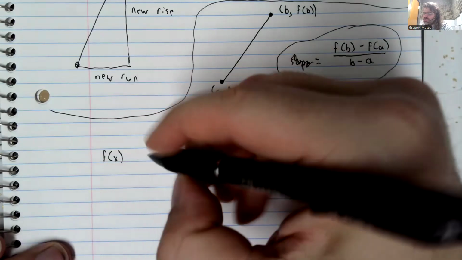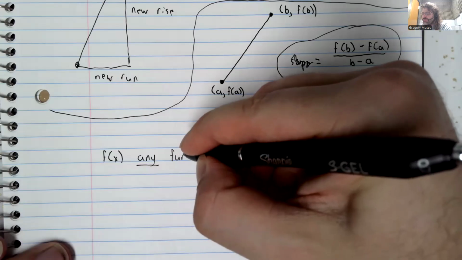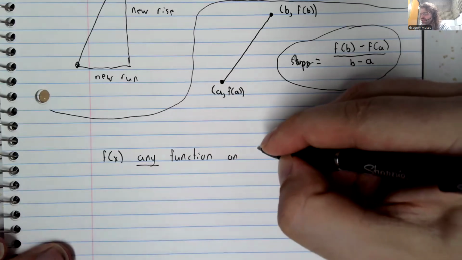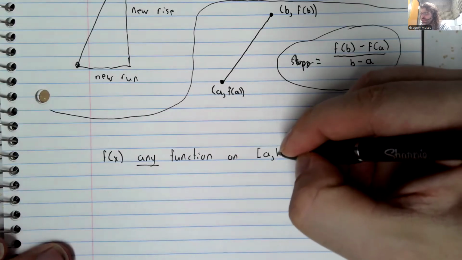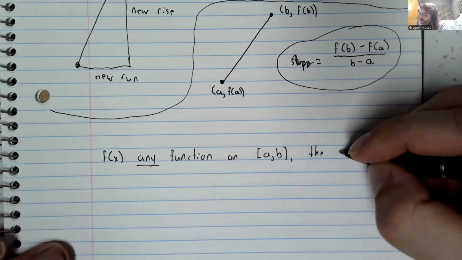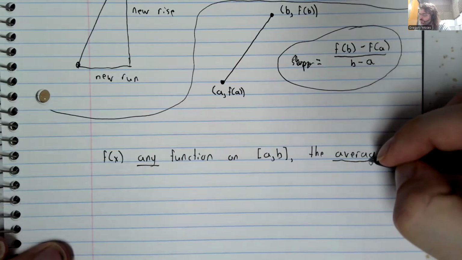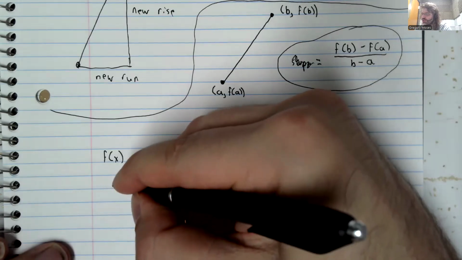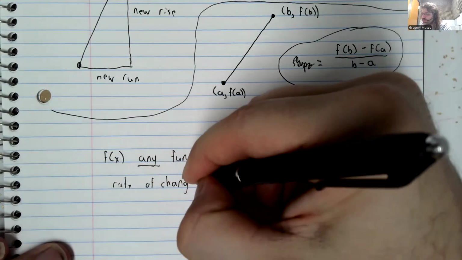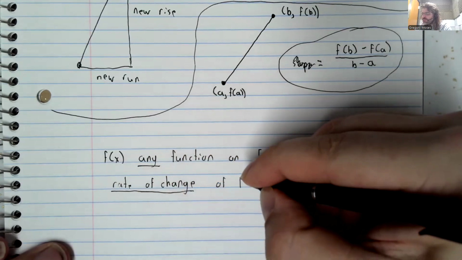If f of x is any function defined on an interval from a to b, the average rate of change of this function f of x